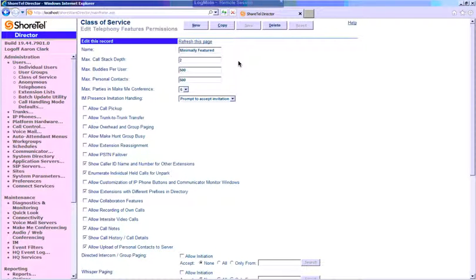it's going to give me the same set of options, and I'm pretty much just checking boxes on what features I want them to have access to. So here's where we can define max call stack depth, so you can define that at the user level, but you can also define that at the class of service level, how many buddies that you want them to be able to have in the communicator client,